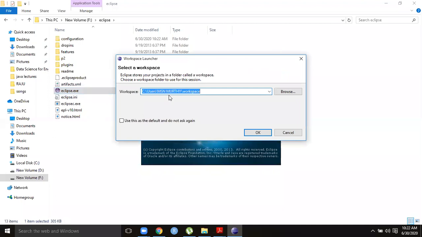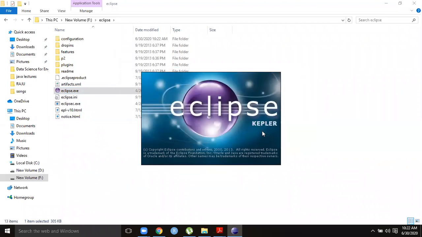This is the workspace where you want to keep all your files. Here I have this workspace in the C drive, users, MSN Murthy. In that, the files I create will be stored. Please note down whatever I am telling you. It is very easy from a learning point of view, and it minimizes your burden of typing.